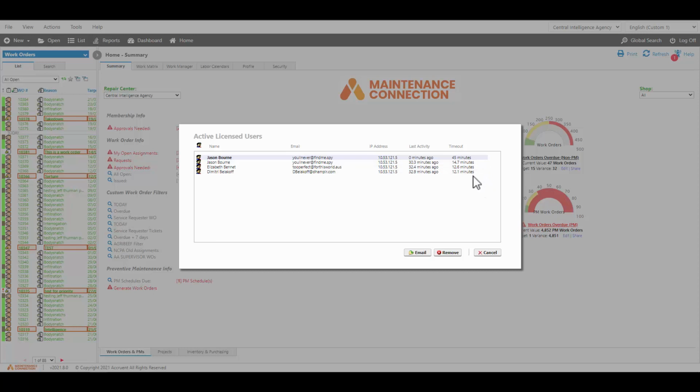You can remove sessions by single-clicking on the user you want to kick out of the system and clicking Remove. Note that you may see the same user listed multiple times in this list. It's common if the user has multiple sessions running or if they didn't use the log off button to end